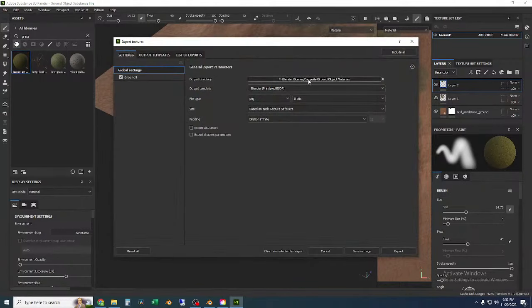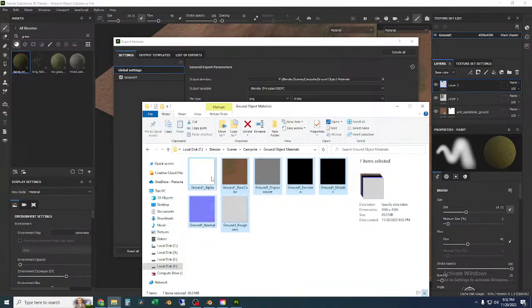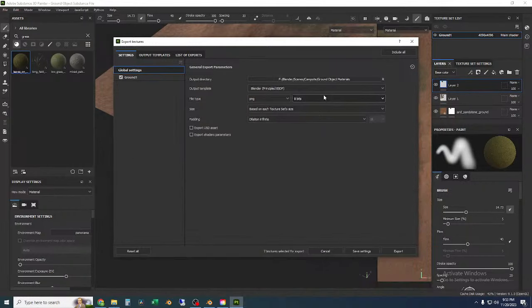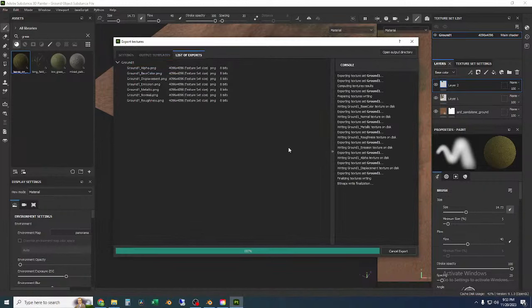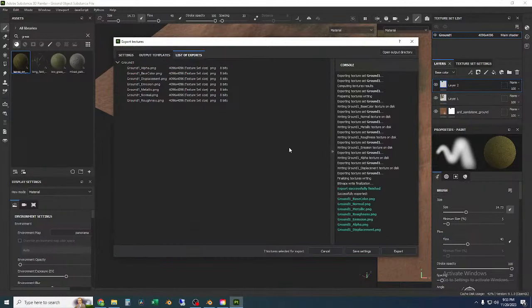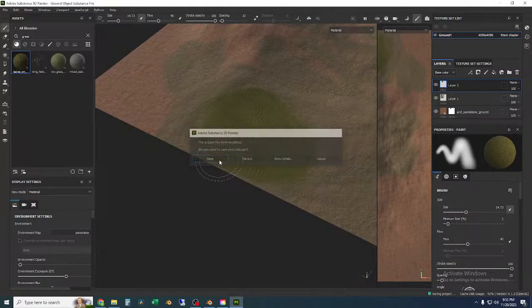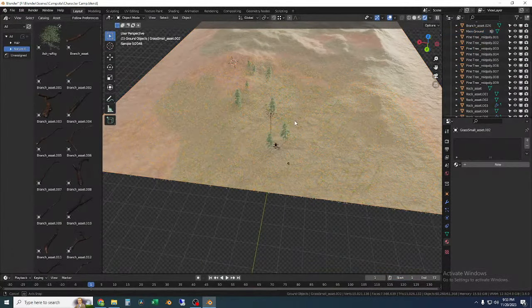So I'm going to export the textures. So it's got the right file because we have the save, but I'm going to go in here and get rid of these materials that we saved last time, and then just re-export these. And I think we're good. So I'll close Substance. I'll save the file, close the launcher. Okay, so